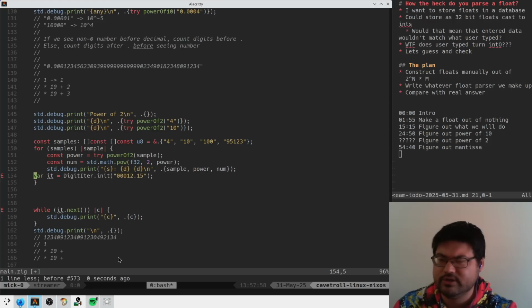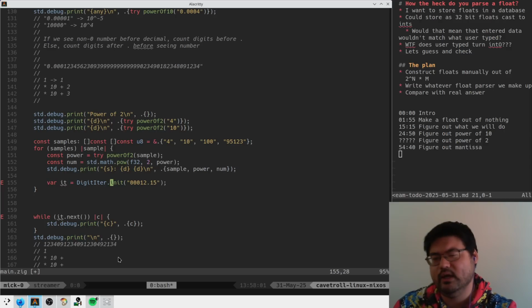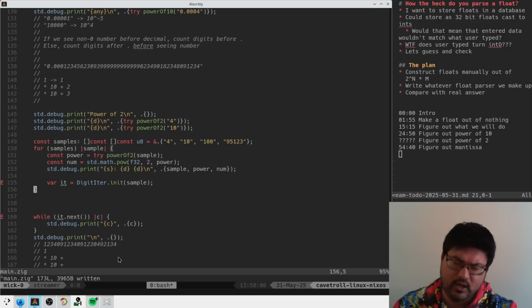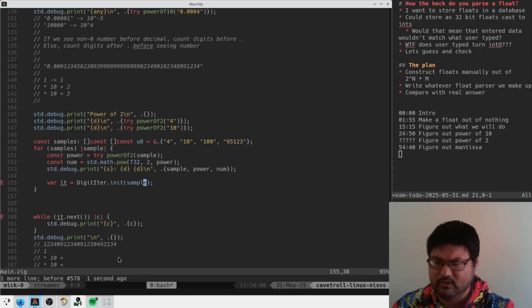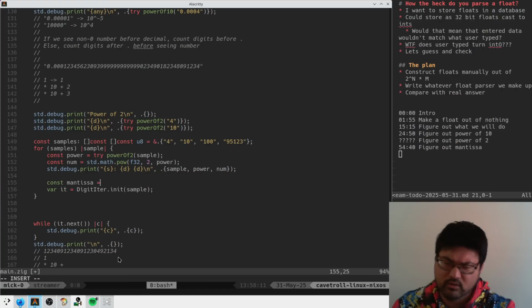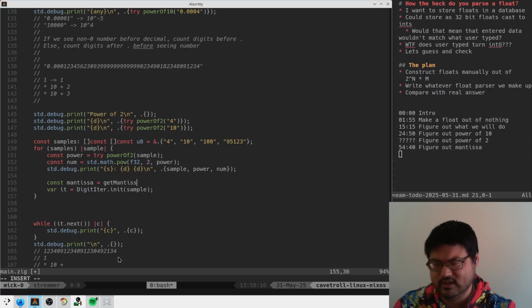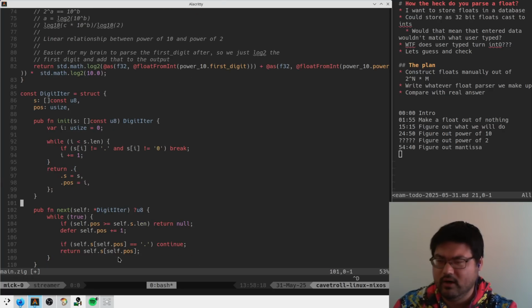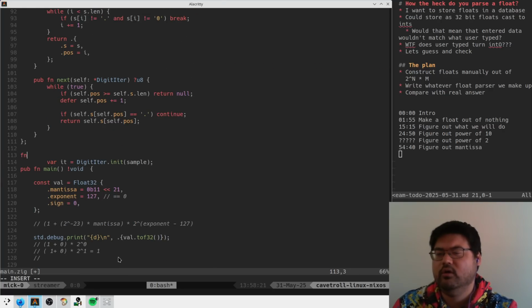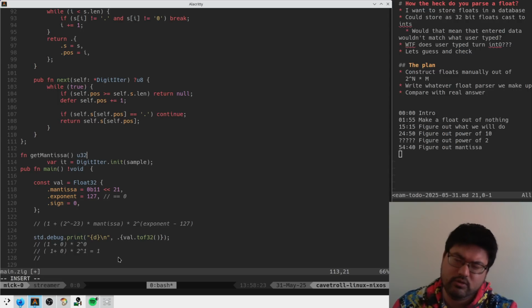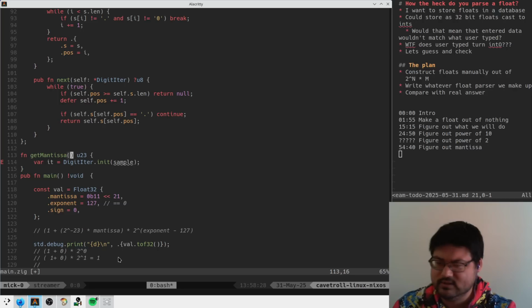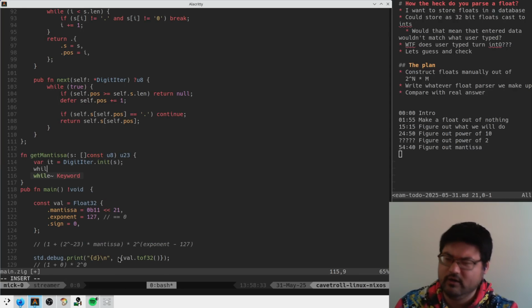Which means we should just be able to be like, for each of these numbers, we initialize this thing with the sample, the thing we're trying to do, and I guess this is all gonna go in like, mantissa is, you know, get mantissa from sample or something, right? And then we can have like getMantissa is gonna return u23,